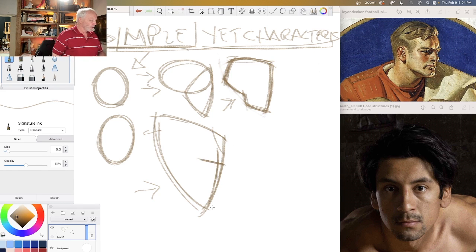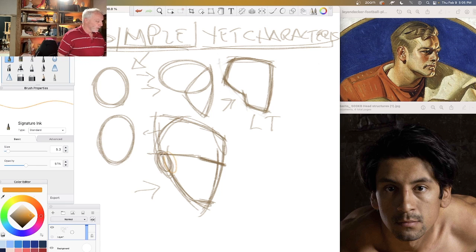And if we think of the center line down the features on the eyebrow line, that L now gets a T. And then that T might have another L as we go from eyebrow line back to the ear. Ear is critical because it's the only feature that's on the side of the head. And where that's placed,